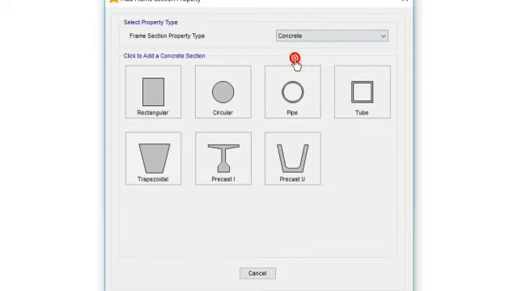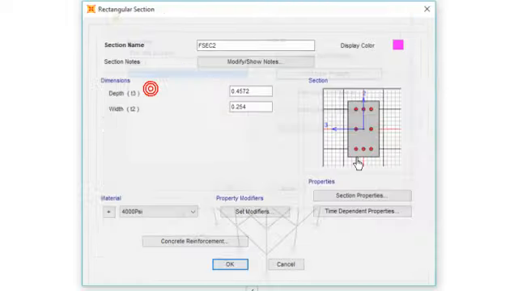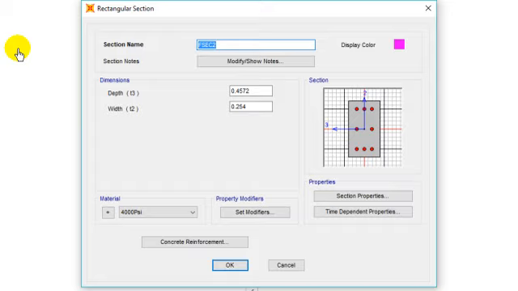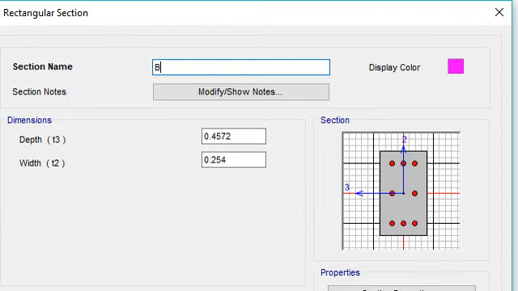I change this to concrete. I'm going to use rectangular sections. For the representation of the beam, I use the notation B, and the wall width we usually have is 230 mm, the 9-inch brick wall we used to have in our country.